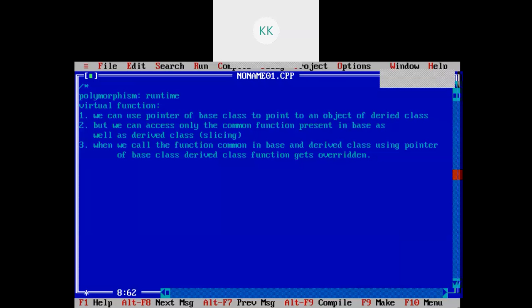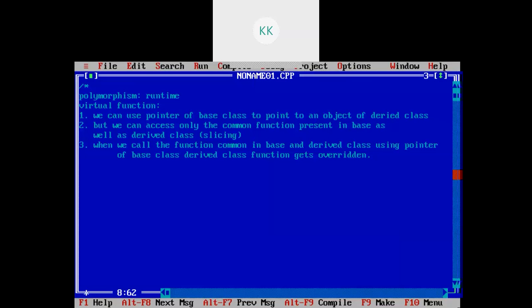Means if you are using the pointer of base class, even if you are pointing to the object of derived class, it will only call the functions from the base class which are common. So base class pointer only calls the common functions which are there in derived and base class. But when you use the base class pointer to point to a derived class, it will call the functions only in the base class. That means the derived class function gets overridden, right?